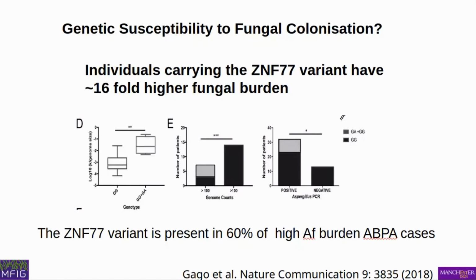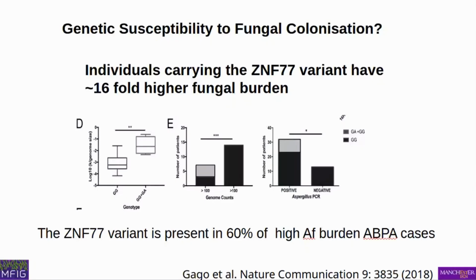We found that 60% of people with ABPA who have the high Aspergillus burdens in their lung. So sometimes with ABPA, you don't have much Aspergillus in your lung, but quite a number of people with ABPA have really quite a lot of Aspergillus when you look at the burden of Aspergillus in their lungs. So 60% of those individuals carried this variant. It can be present in healthy people as well, though, and this confused us for some years. Asthmatics carried this variant, and healthy individuals carry this variant as well. And it's present in about 4% of the normal population, the healthy population.